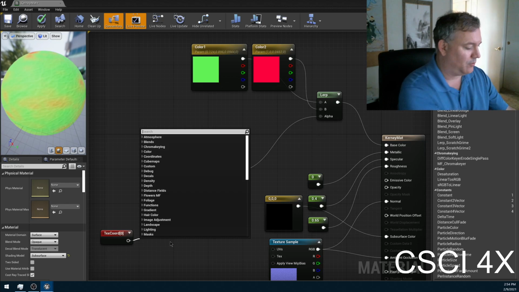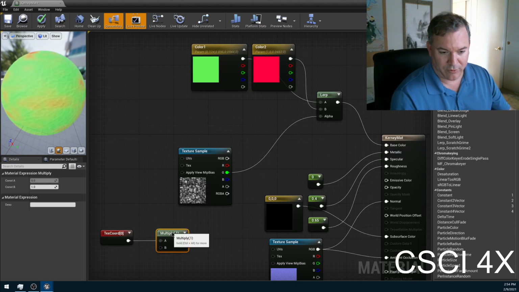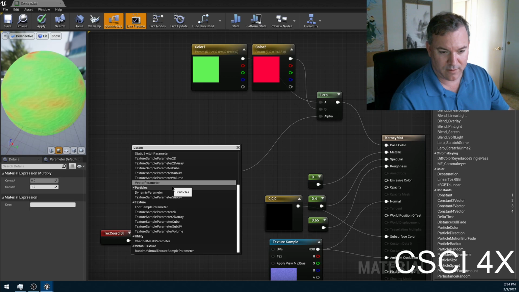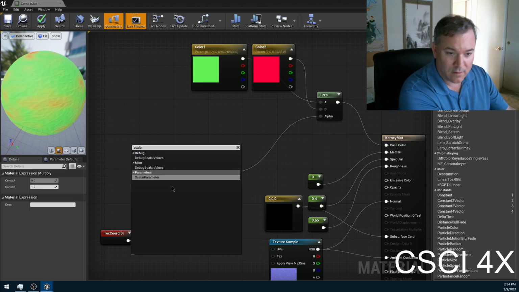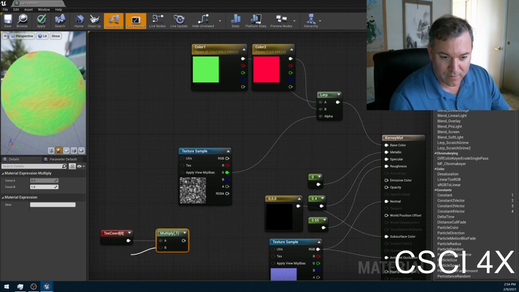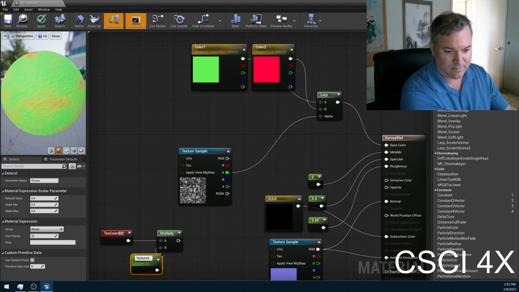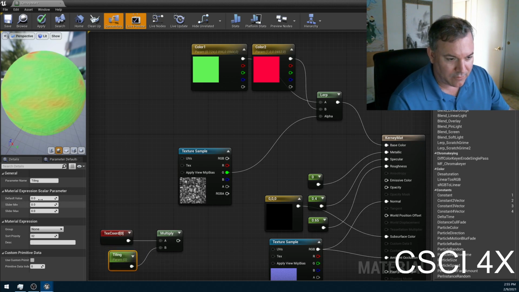And I'm going to run this into a multiply node. And so I'm going to multiply this by a parameter. And this will be a scalar parameter, if we can find it. Scalar parameter, there we go. Okay, so this is the texture tiling. What's this called? Tiling. Okay. And so tiling will default to